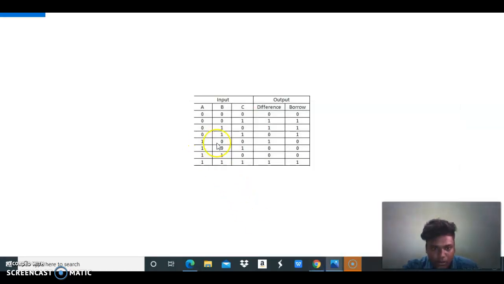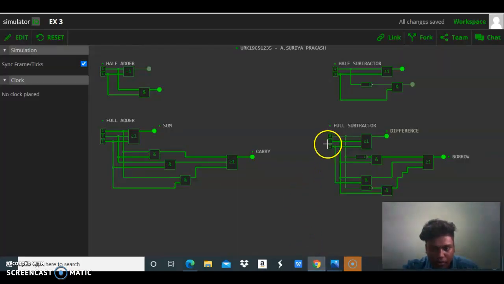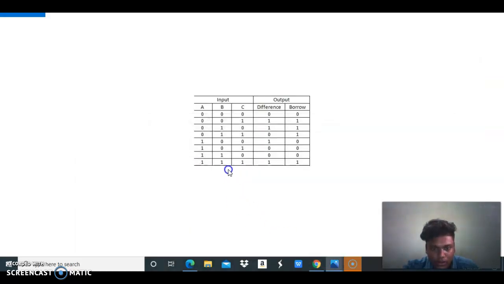Next, 1 0 0 is. Next, 3 inputs also 1, now output is